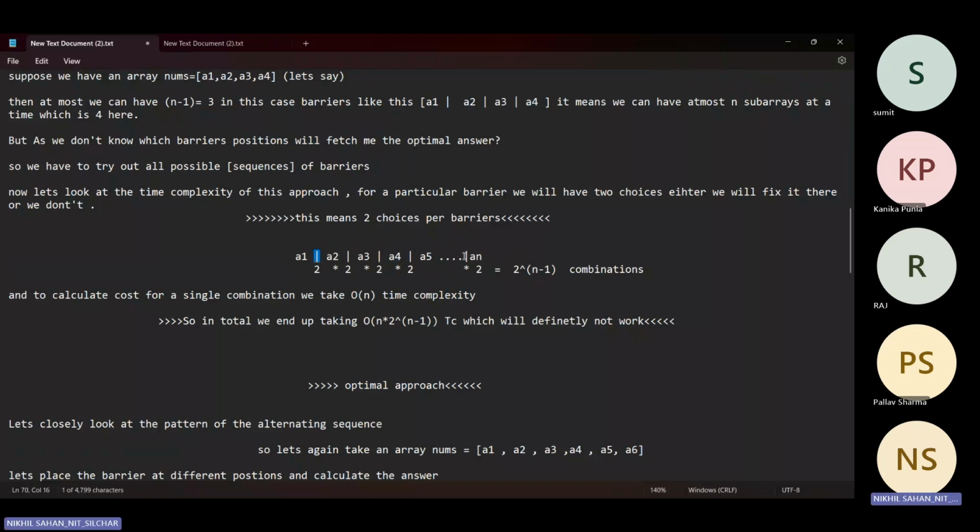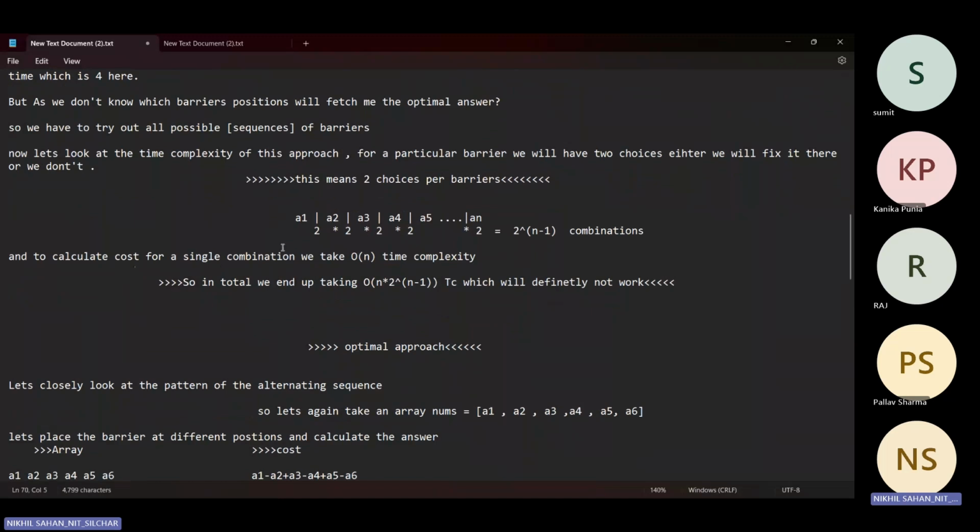So this will take n into 2 raised to the power n minus 1 in total, which will definitely not work,